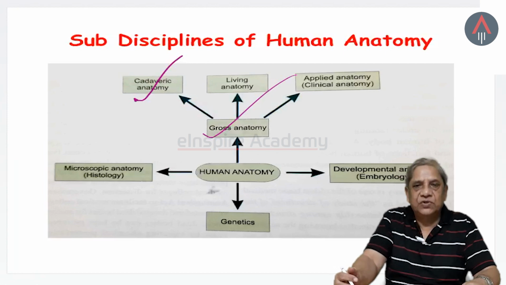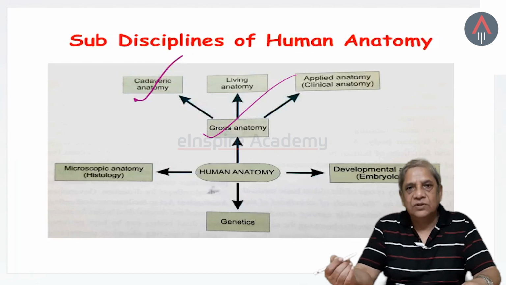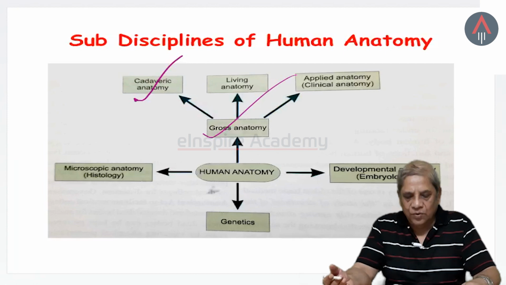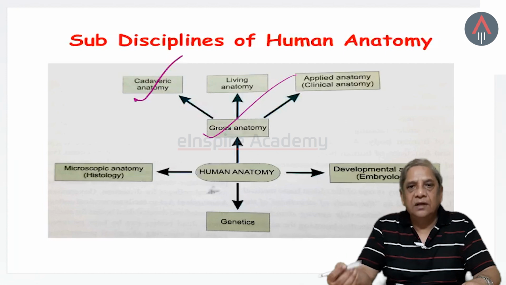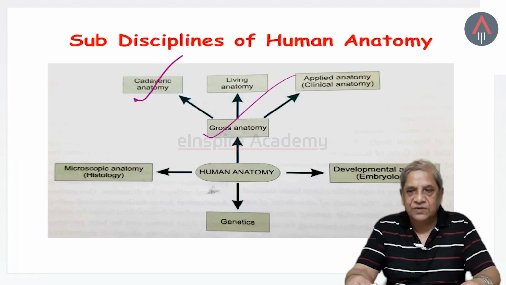Then further techniques which are used in learning the living anatomy are the CAT scan, that is computerized axial tomography. Then came another method called MRI, magnetic resonance imaging, and sonography. Then the various kinds of endoscopes which are available help us to directly learn the anatomy of a living person. Actually, we need to learn the anatomy of a living person only, but since we cannot dissect a living person, that's why we take the help of the dead body, which is the cadaveric anatomy.